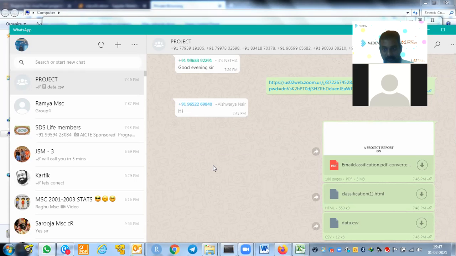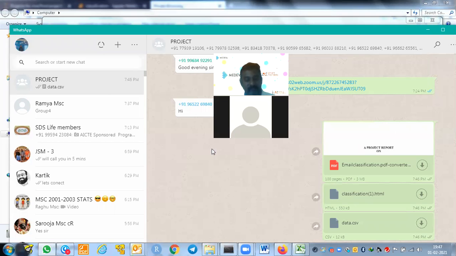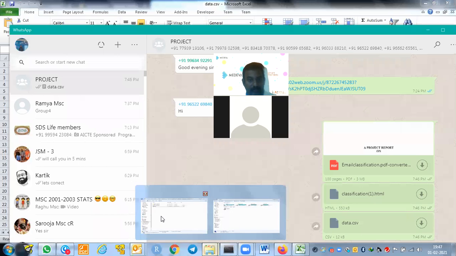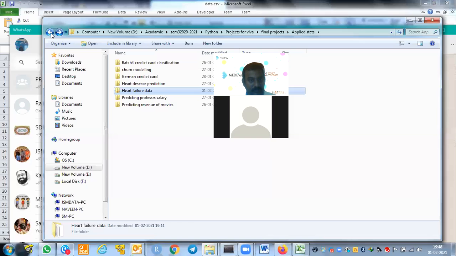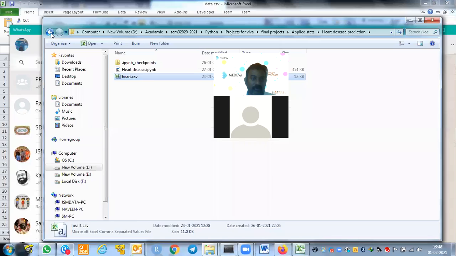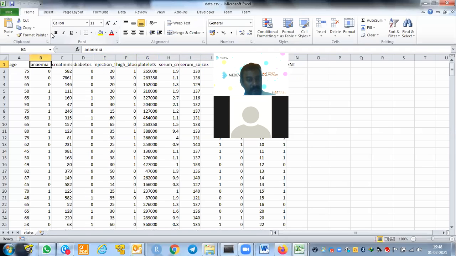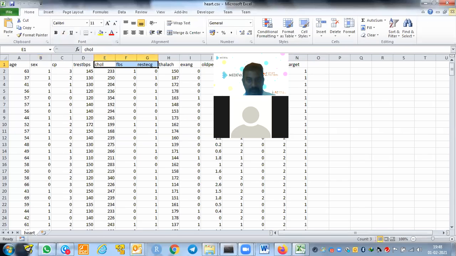Finish the project. Sorry, sir. No, I really see a similar project. I will show what the difference is. This is the project you want to work on, and I somehow found one more nice project which is basically heart disease instead of heart failure. Age is there, sex is there, only some health parameters are changing. That's all, the rest is the same. Cholesterol is there, FBS is there. How much is it different from the other project? But you are saying you want to work only on that project. Of course, your wish.